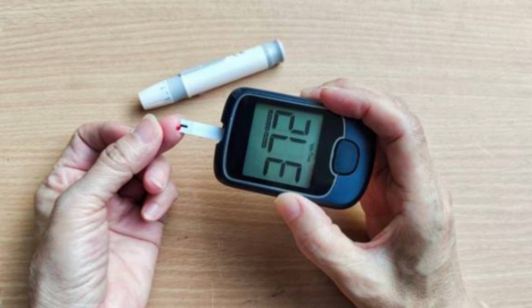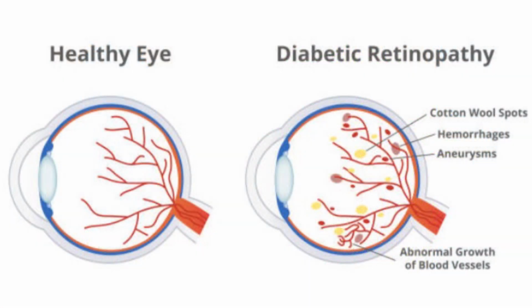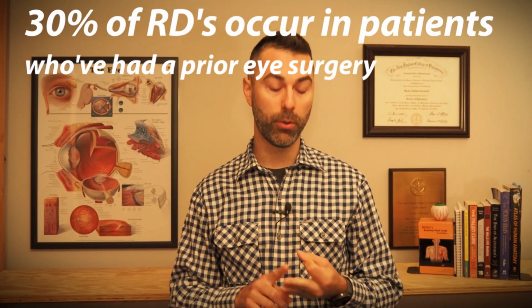When diabetic retinopathy occurs in the retina, new blood vessels can grow and proliferate into the vitreous gel that we just looked at. This network of new blood vessels is like a spider web that pulls and causes traction on the retina, ultimately leading to an RD if left untreated. Other risk factors can include family history for retinal detachment, prior trauma to the eye or head, or prior history